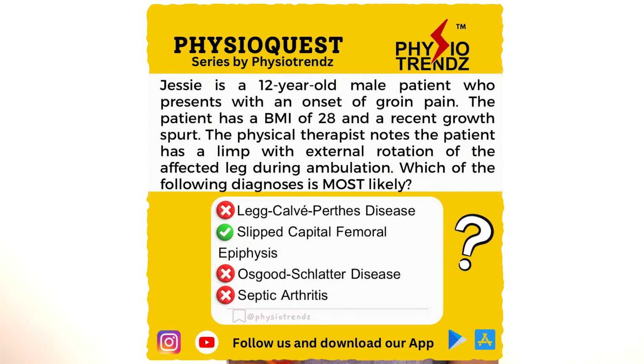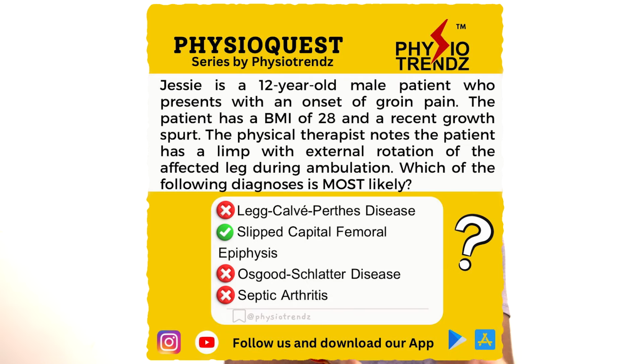There will be a growth spurt present in this condition, because you will notice that these children are growing fast. Their fat accumulation is there, and their bone height is increasing too much in recent times. Fourth, yes, there will be limping and external rotation. So all the criteria are getting fulfilled, and that is how we can come to a confirmed diagnosis that this is the